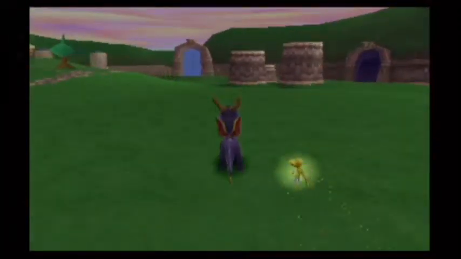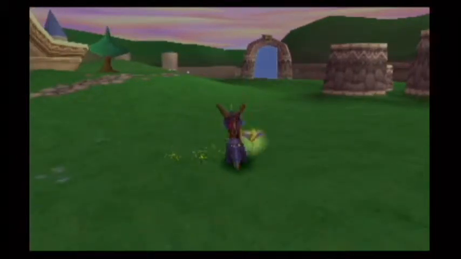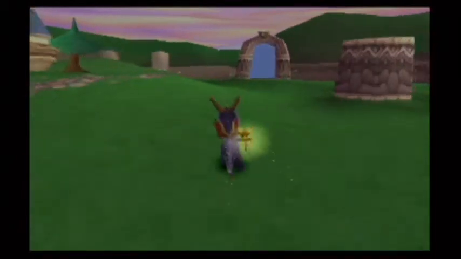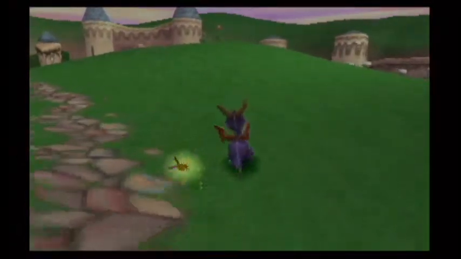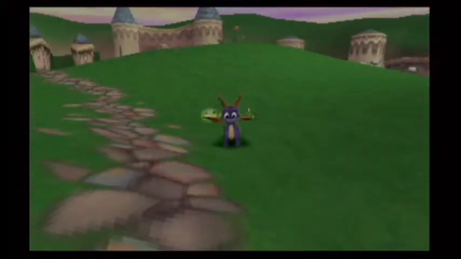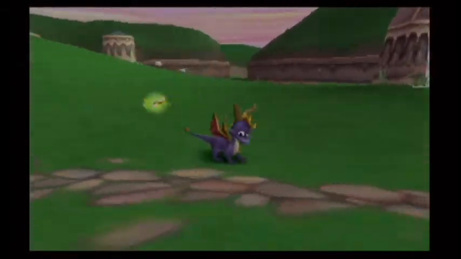Once you fill an entire silver orb, or once you fill Spyro's head all the way around with silver orbs, it'll actually get you another life. And on that note, giving you all the information you need to know, or almost all of it, we will actually end this episode off